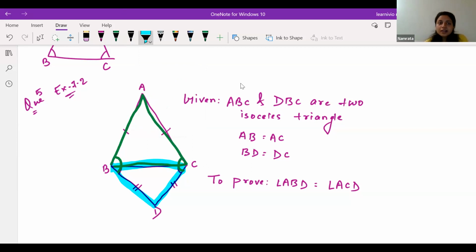So these two triangles, even if we take and prove the congruency, it may not work. So we have to take such a triangle where this angle and that angle must come, so that we can say by CPCT this and that are equal. So if I do one construction by myself, if I join this one with D,